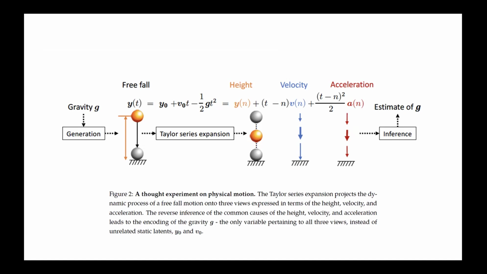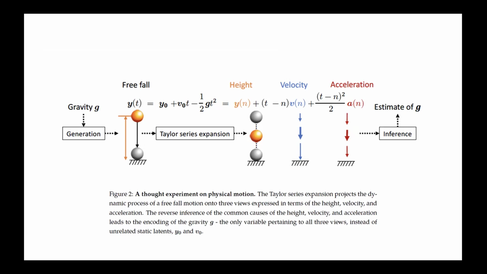at any point you have a position, which is y, you have a velocity, which is v, and you also have the acceleration, which is g. And you can continue on, right? But the fact that Newton figured out there's a gravitation is that somehow in his brain he drew this inference regarding the fundamental causes of the position, and it's a first order derivative, second order derivative, third order derivative, and so on and so forth. And we think of the different derivatives as different views of the world, all right?